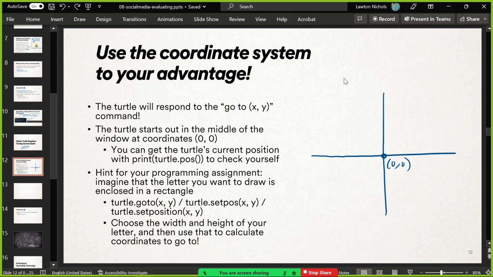So you can always check by printing out where he is if you want to know, but you can also just play around, try going here, right? So this is going to be very helpful for your programming assignment. I want you to just pretend that the letter you're trying to draw, or the number you're trying to draw in the assignment, is enclosed in a rectangle, right? So for example, I want to draw an L and I want to draw an N because those are my initials. I want you to imagine that those letters are enclosed in a rectangle, and that will help you determine what their coordinates are, and that will help you use goto to draw them if you want to go that route, all right? So pretend that they're all in a little bounding rectangle,